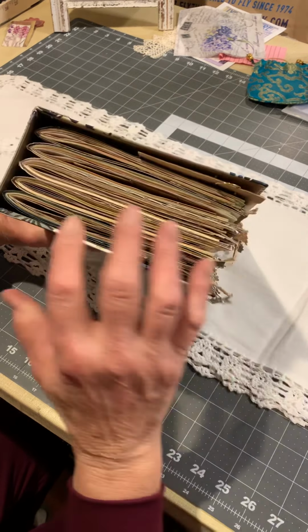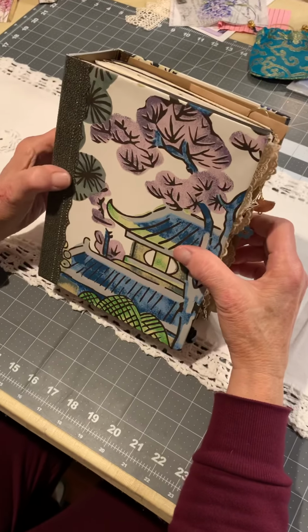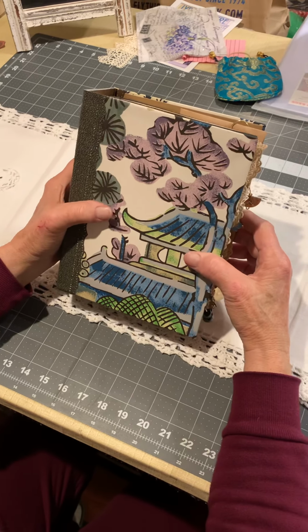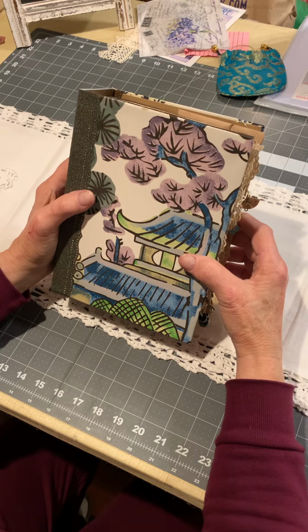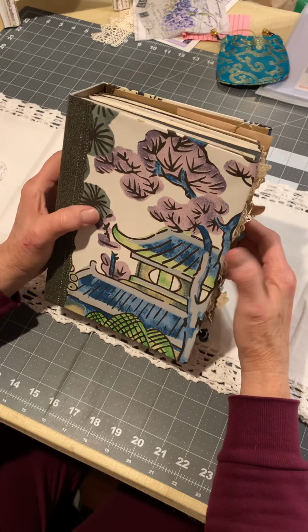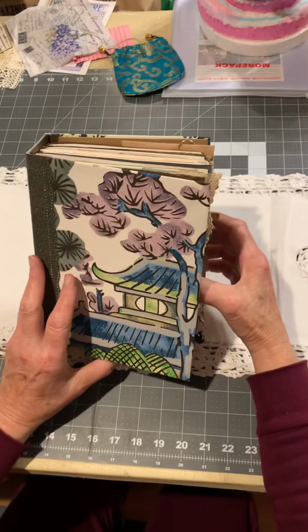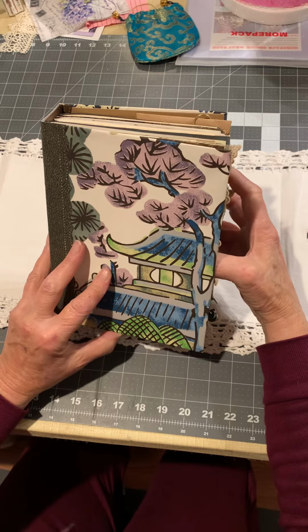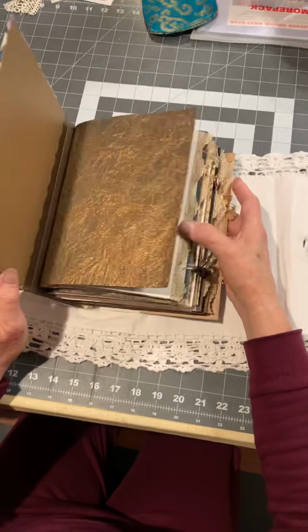It's a 5 signature journal, which is huge. This was a lot of fun to make. I really enjoyed making this because Wynter was very articulate in what she wanted to see, and I was fortunate enough to find a great book that I've included. A lot of the ephemera in here is from that book, and I will be gifting her with the remainder of the book. So to begin,